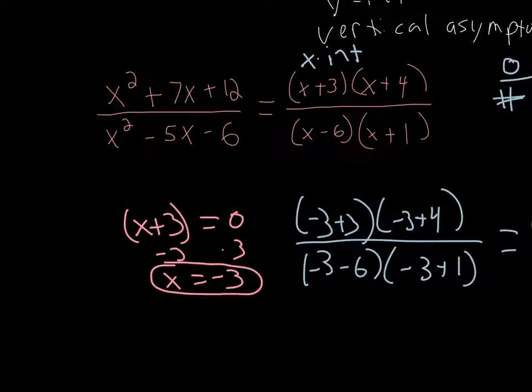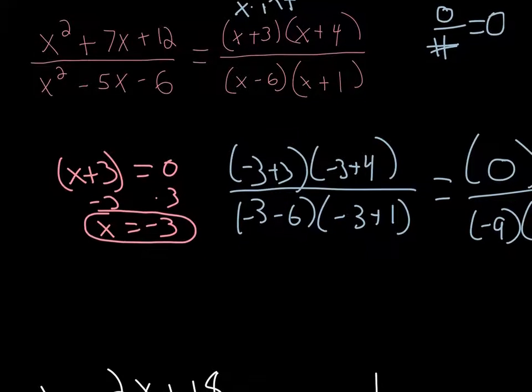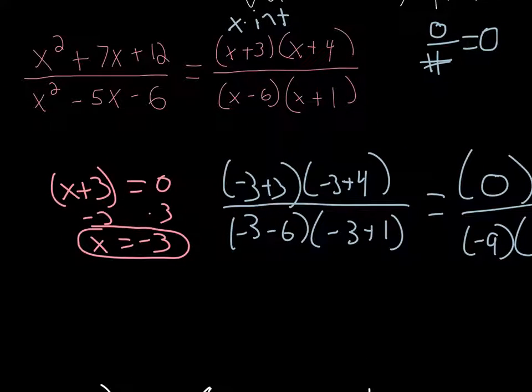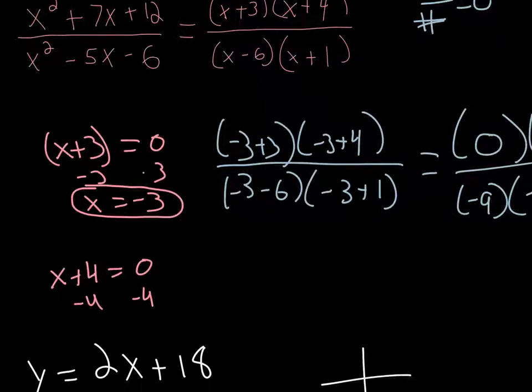Okay, so we're going to do the same thing. This time, rather than doing x plus 3, we're going to focus on our x plus 4. And we're going to do the same thing. So x plus 4 is equal to 0. Subtract 4 from both sides. Our other x-intercept